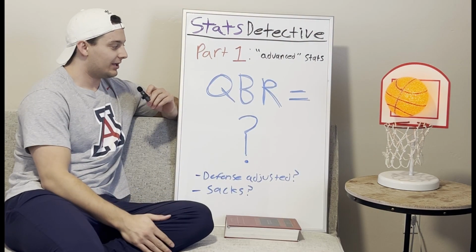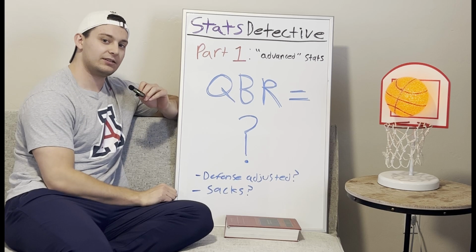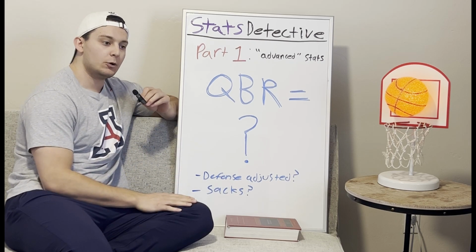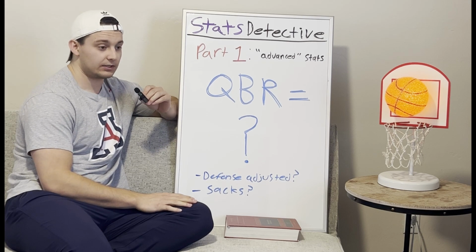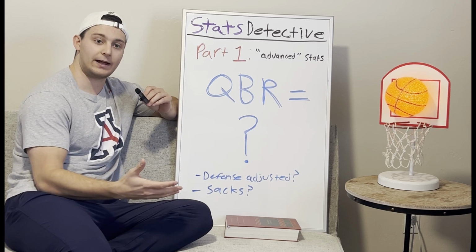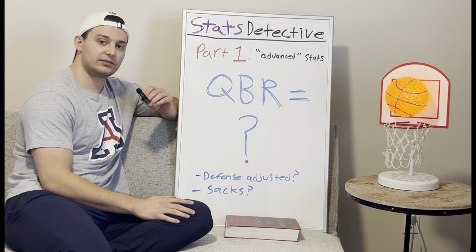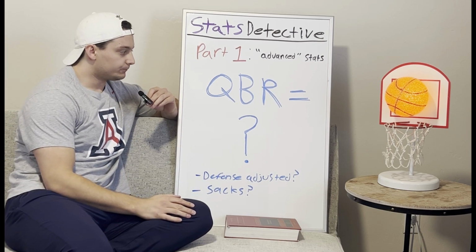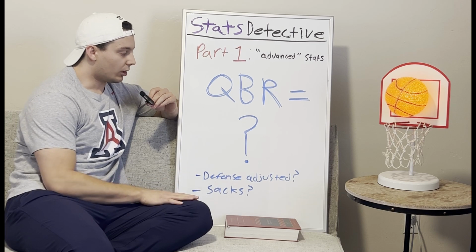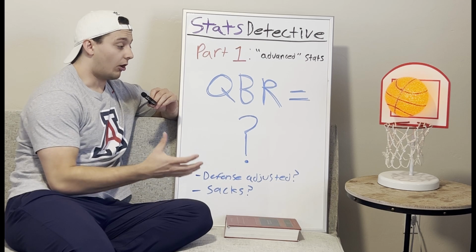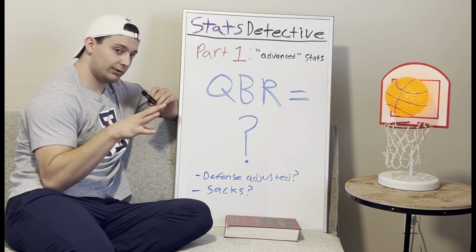Then we have the darling statistic of ESPN, QBR. How is QBR calculated? We don't know. It is a proprietary statistic developed by ESPN. And my understanding is that it was developed to be passer rating plus. So passer rating is obviously flawed. ESPN saw that, and they went on to make something even more flawed. QBR, we don't know exactly what goes into the calculation for sure. I am assuming it includes all of the things that passer rating does, plus more.